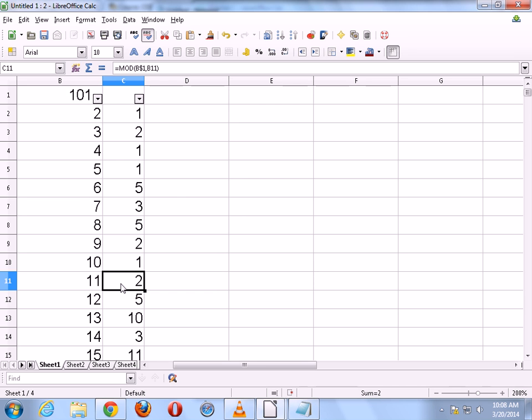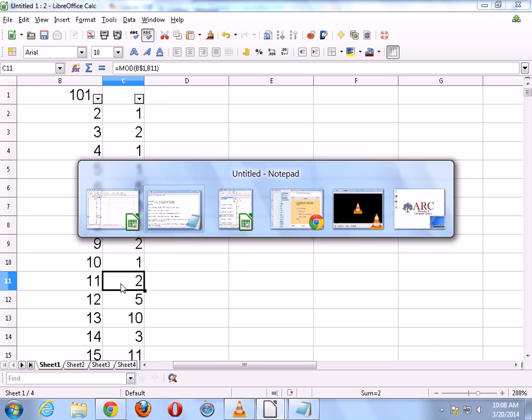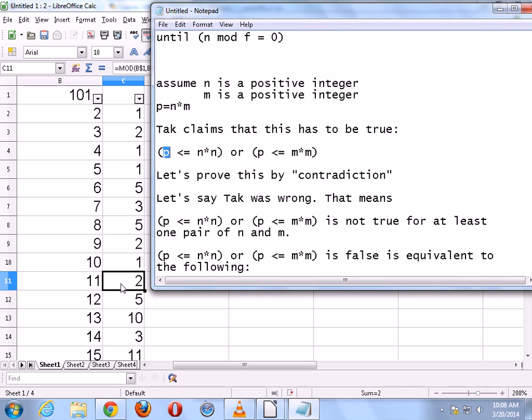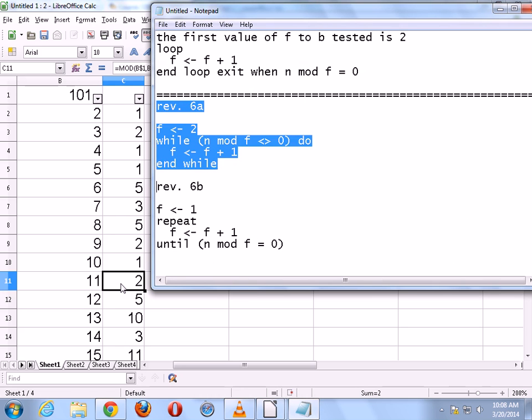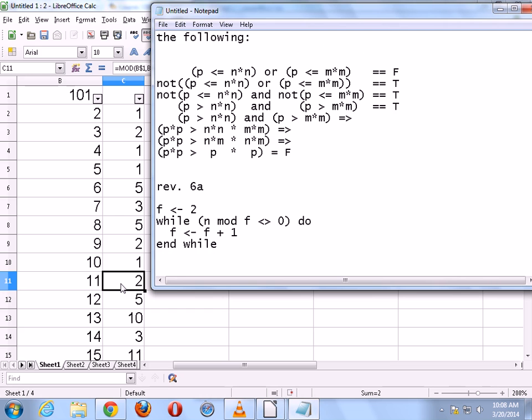Okay. So now the question is, how do we incorporate this optimization into the algorithm itself? What we'll do is look at our favorite solution first. The other solution we are not as fond of. So we'll look at our favorite solution here and ask, how can we get this optimization into this algorithm? How do you make a loop exit early?